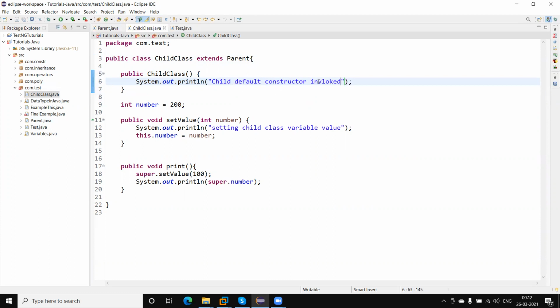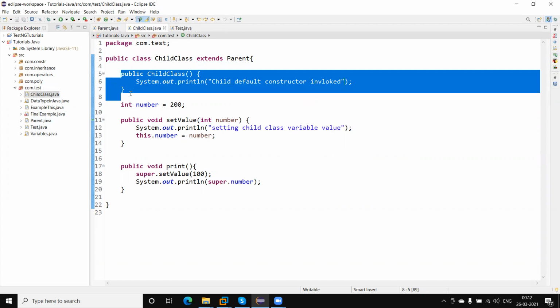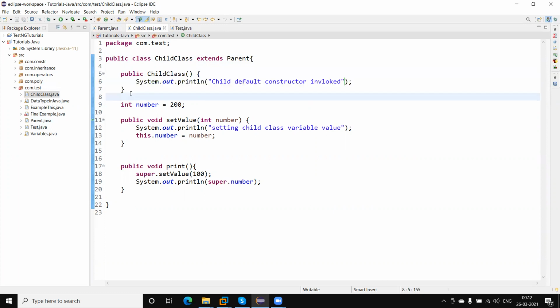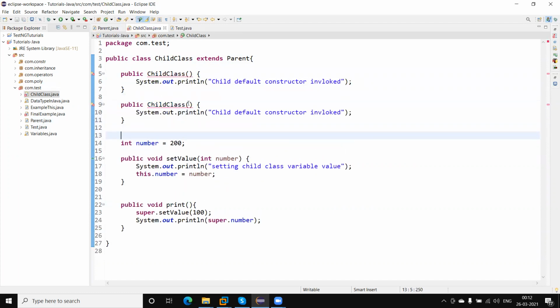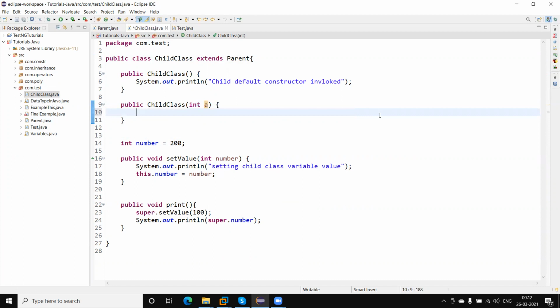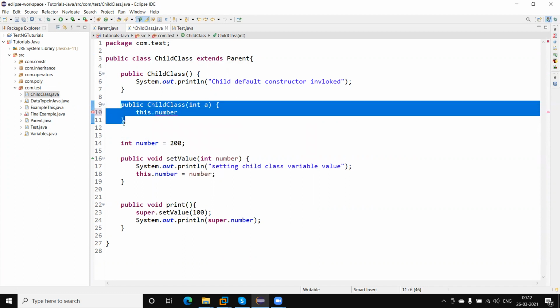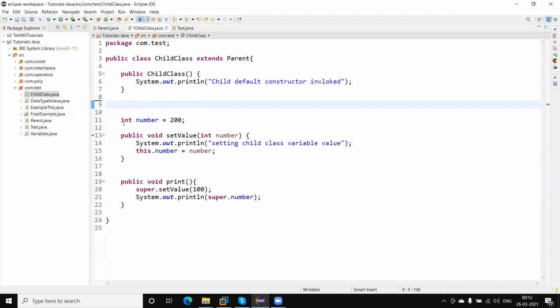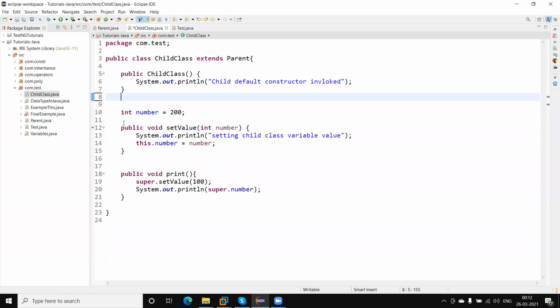Let me create only one constructor and show you how we call the parent class constructor.